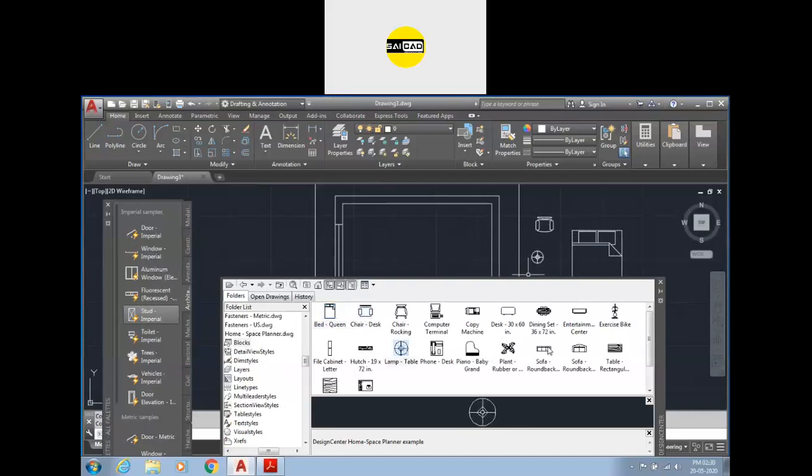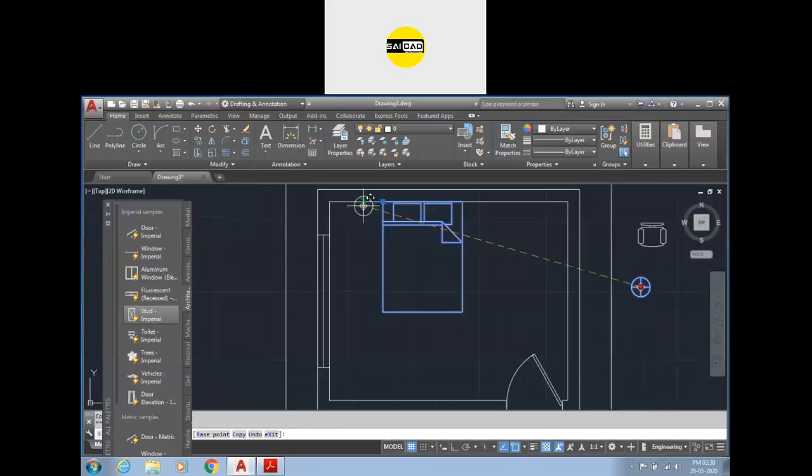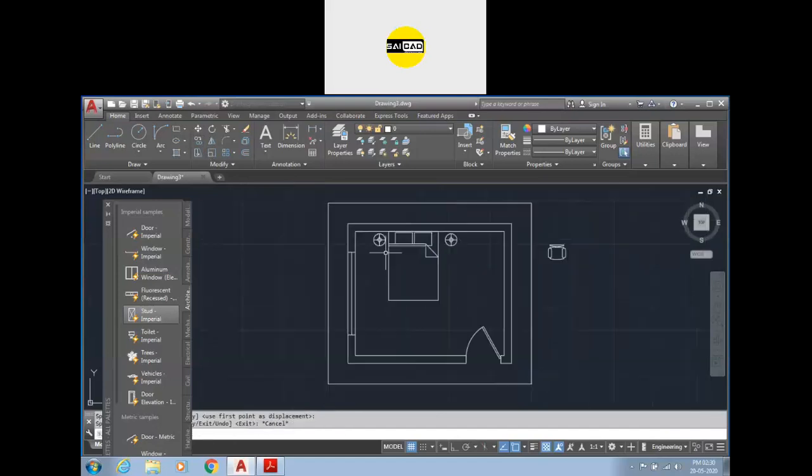You can choose whatever you need, a sofa like that, and specify them wherever you need. I need that object to be specified somewhere here. This lamp should be somewhere here, and a copy of this object we need somewhere here.